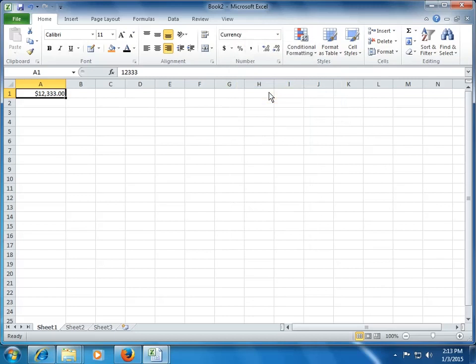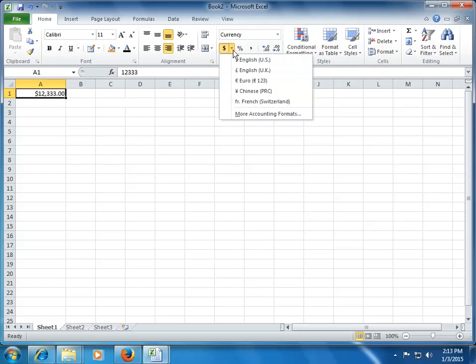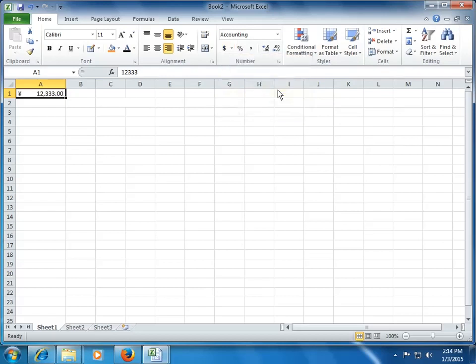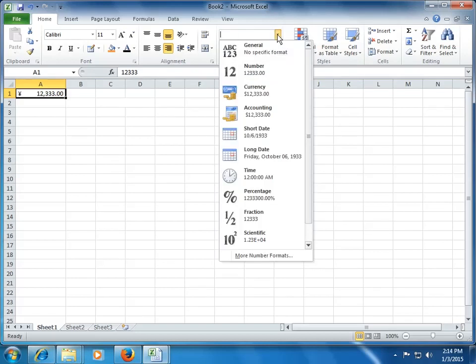Now after number format, we have something called currency format. What currency format does is it adds the currency denomination, which is by default dollar, but you can change it to pound, euro, Chinese yuan, etc. Right? The third format which we are interested in is the accounting format, right?